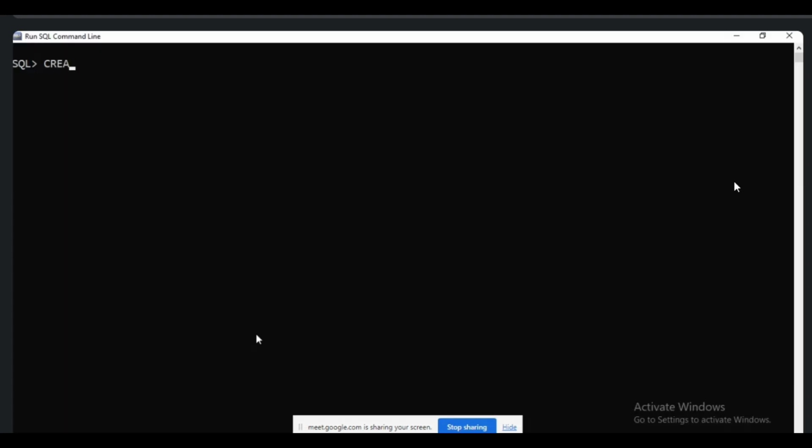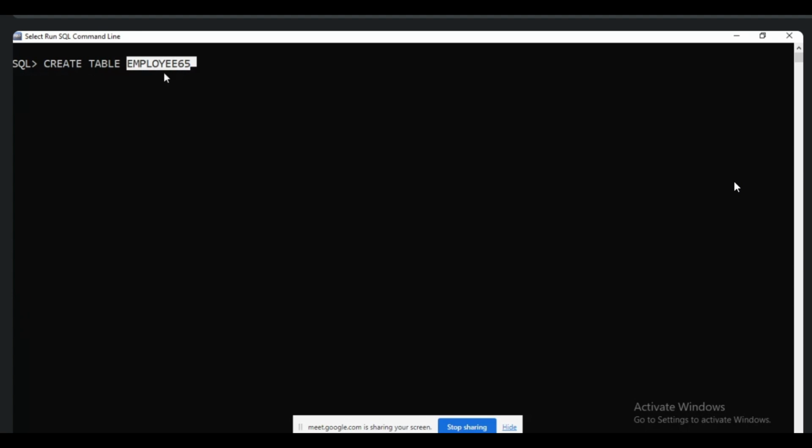I am using create table name. I take the table name as employee65, just any name. You can use your own name, any name as you wish. The table name will be unique for any table.